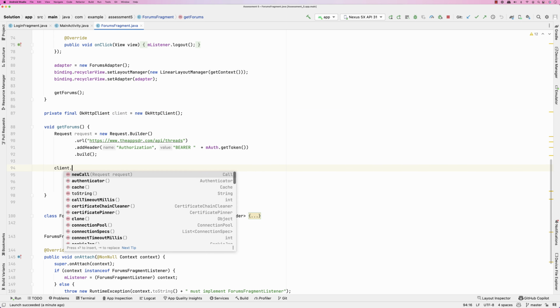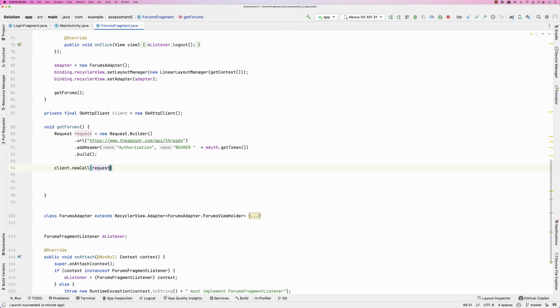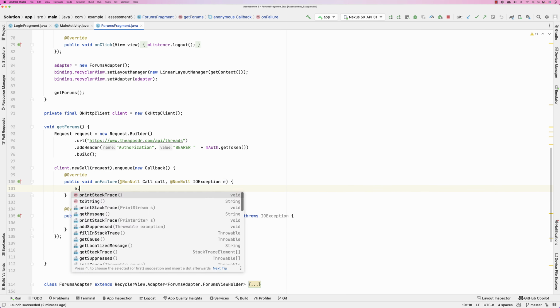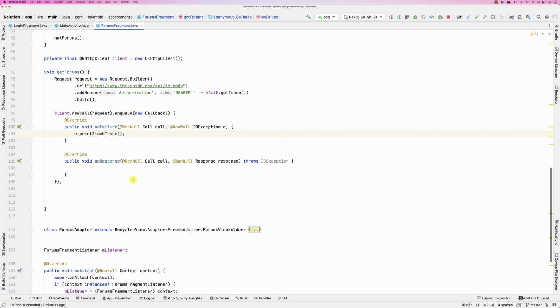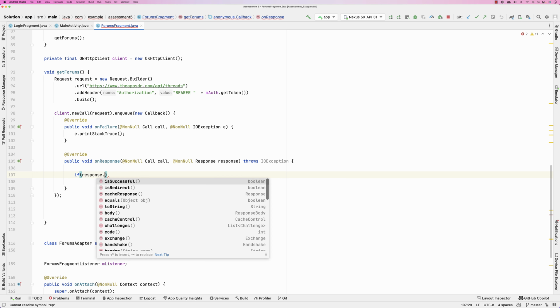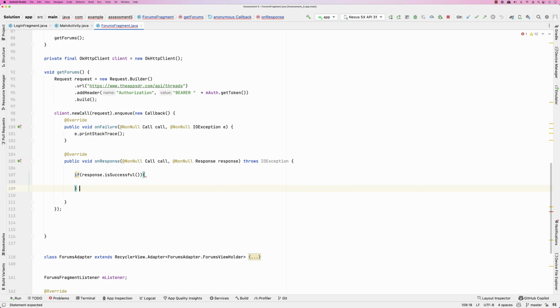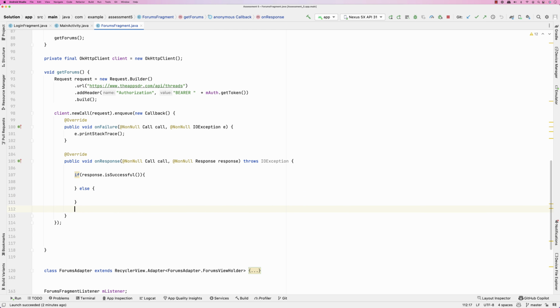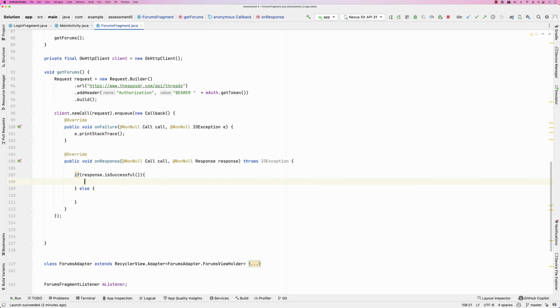Client dot new call, pass on the request dot enqueue, new callback, and here we are. E dot print address. All right. And then on success, here I'm going to say if response is successful, I'm going to do something else. All right, so here we are. Now if it's successful, I'm going to get a string body